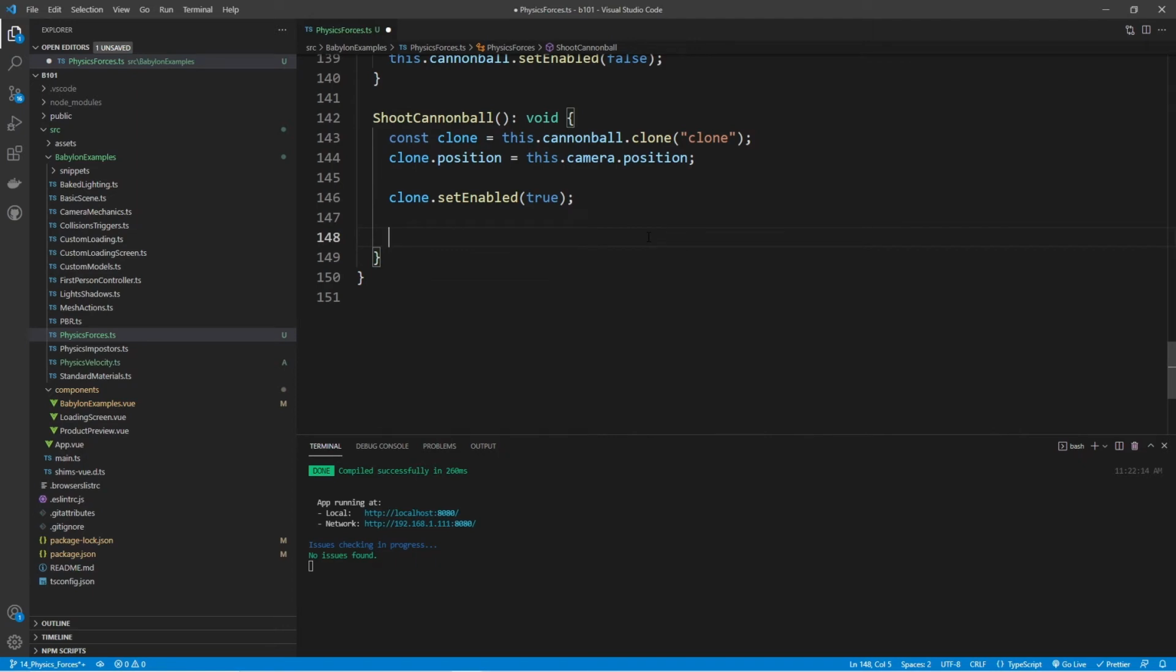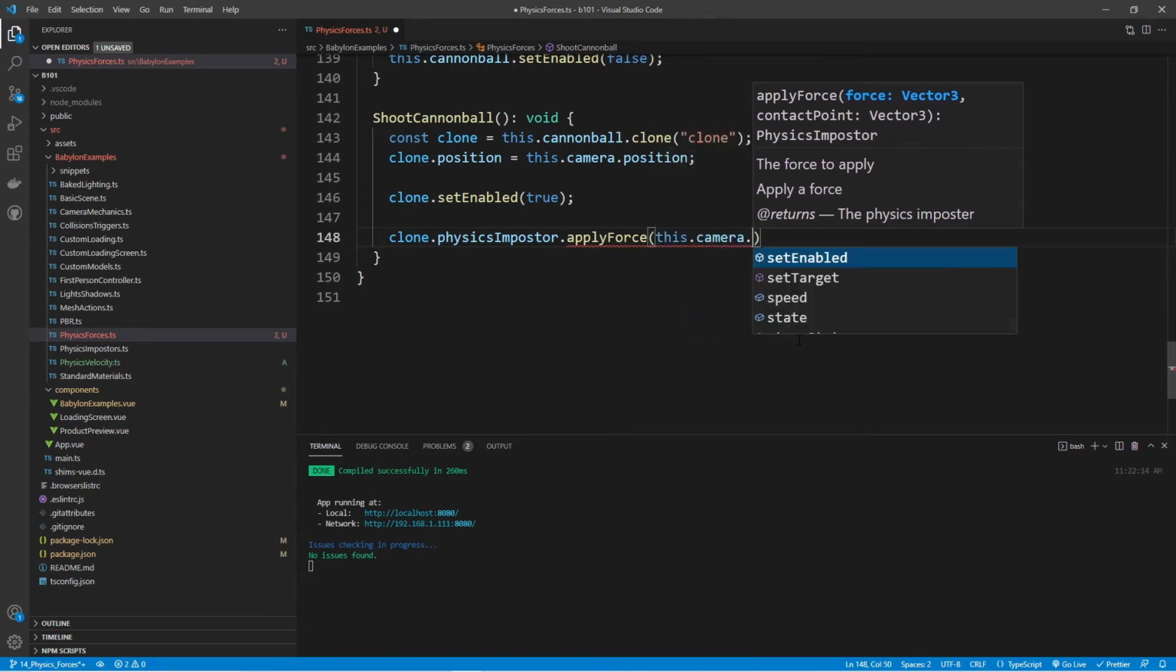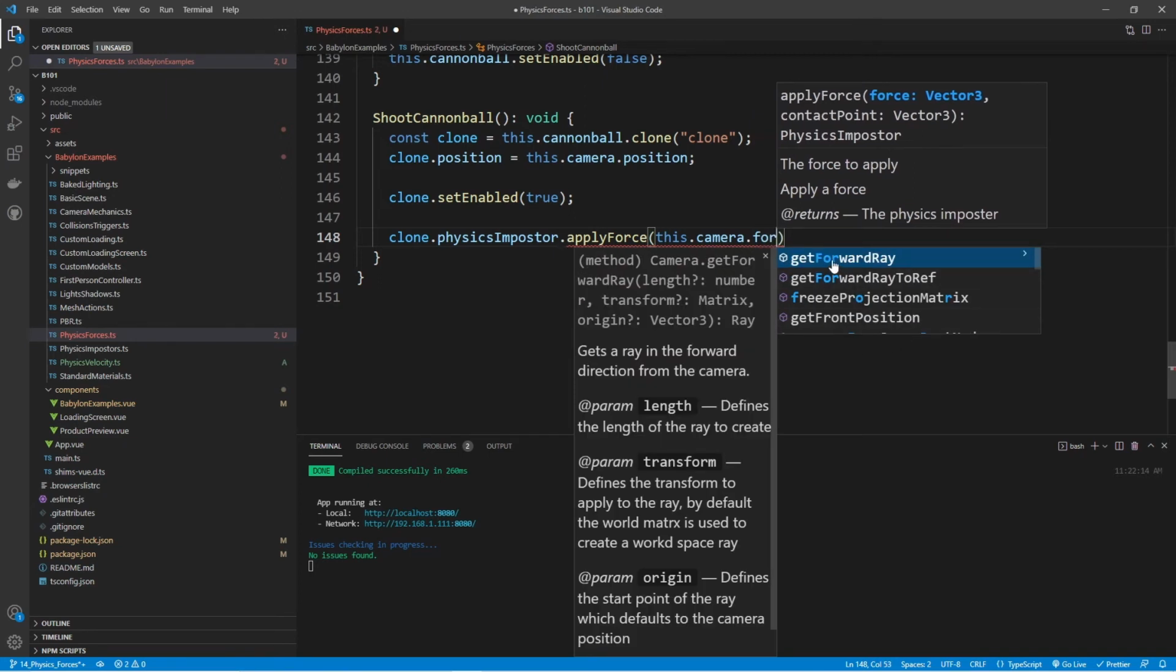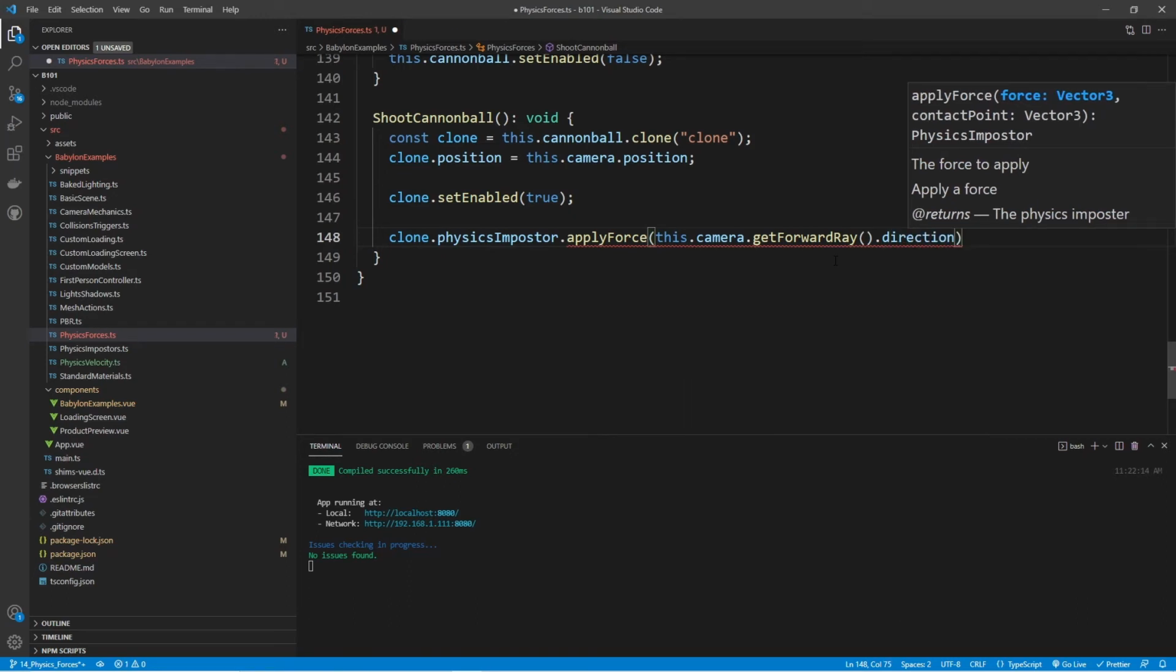After we do that, I then want to say clone.physicsImpostor, and this time we're going to be using applyForce. Very similar to what we did with the impulse. So we're applying a force along a Vector3, and then we have a contact point. But the force that we're going to be using is the forward direction of the camera. So I need to get the forward direction by saying this.camera, and if you type in forward, you should see getForwardRay. Now we also need to pass in .direction. So getForwardRay.direction. This is a Vector3 that will allow us to use this as the direction that we're applying the force in. Now after that, we also have a contact point. In this case, with the clone, I'm going to use the center point of the clone as the contact point. So